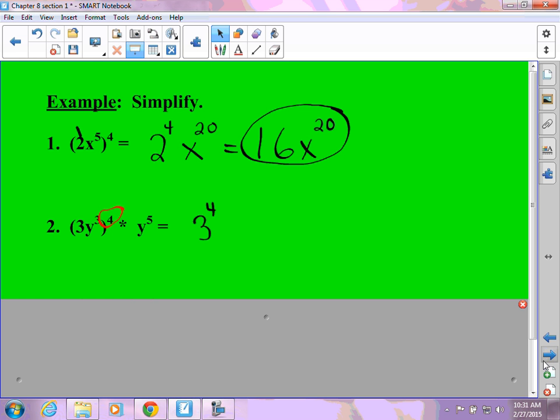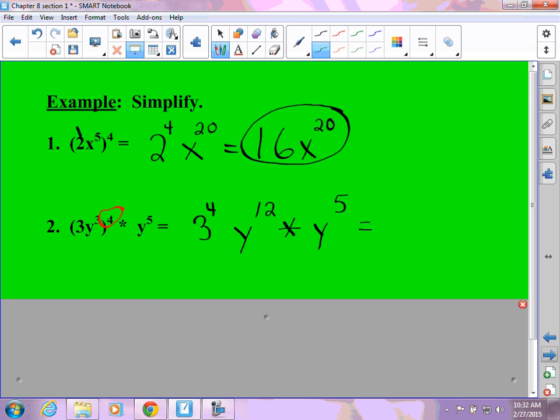All right, now, there's a trick with 3 to the 4th. You can go 3 times 3 is 9 times 3 times 3. There's another one. You got 4 3s, correct? What's 3 times 3? 9. 3 times 3 is 9, and 9 times 9 is 81. Yep. So again, 3 times 3 is 9. 3 times 3 is 9. 9 times 9 is 81. Yep. So I get 81, and it's going to be y to the